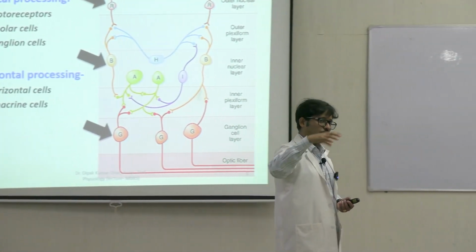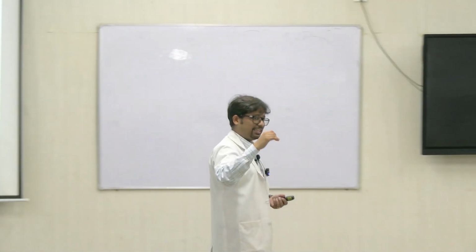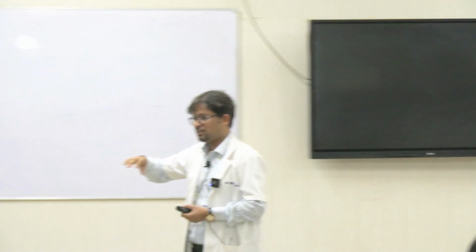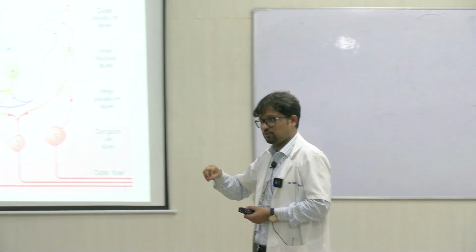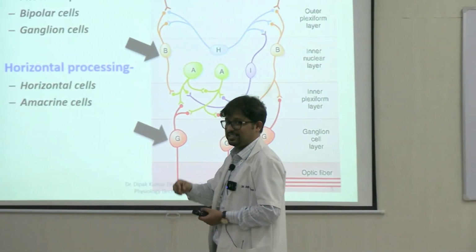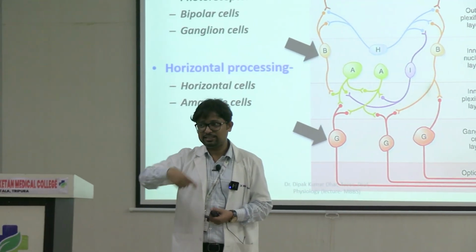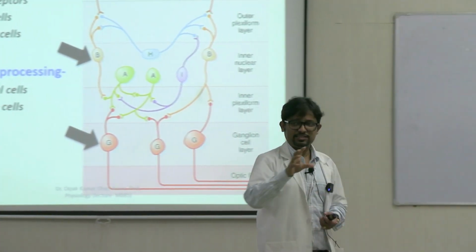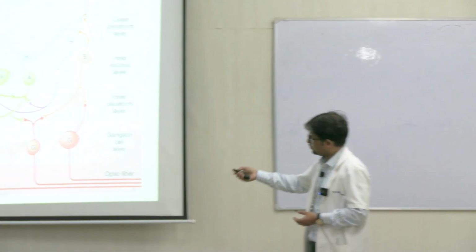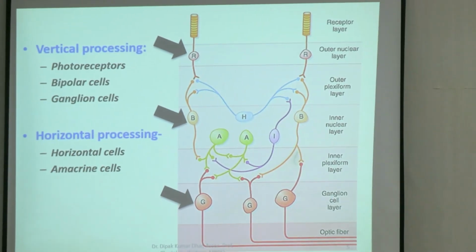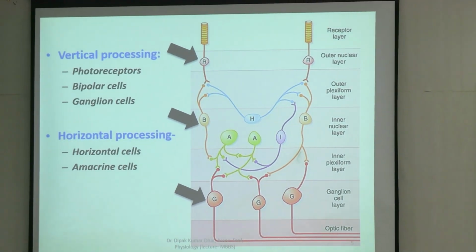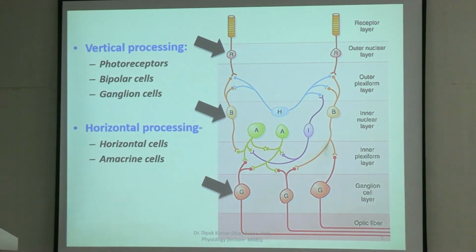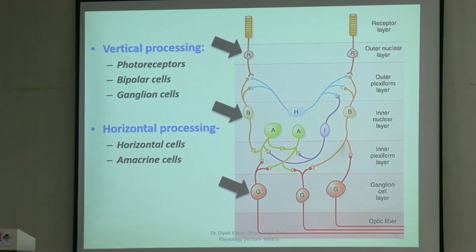We cannot control the stimulus, right? But we can enhance the perception of the stimulus. So without altering the stimulus, we have strengthened its perception by increasing the contrast between the central part and the lateral part. Contrast is enhanced without actually altering the stimulus. This type of processing happens at the layer of horizontal as well as amacrine cells. Lateral inhibition is a very salient feature of the CNS. You can also recall the same topic that we discussed in the sensory pathways. It is the same thing in principle.